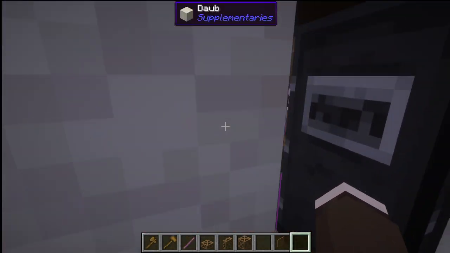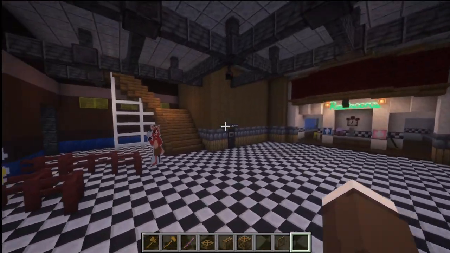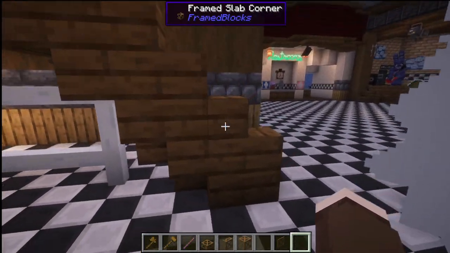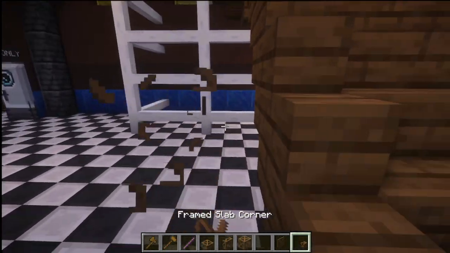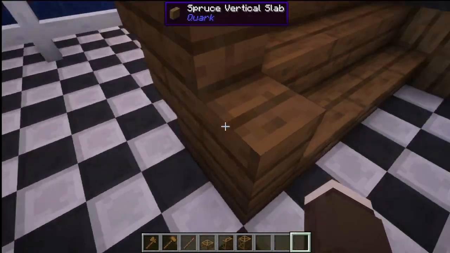But what other things can you do with the framed blocks? Oh yeah, stuff like this. This is just a corner piece. One of my friends set this up. Well, not really a friend anymore, but